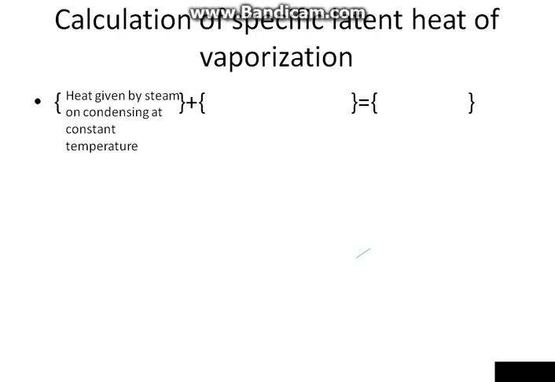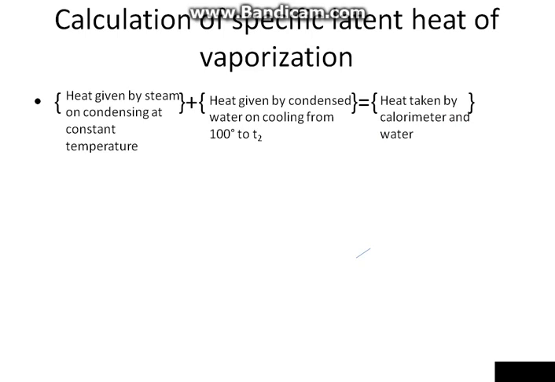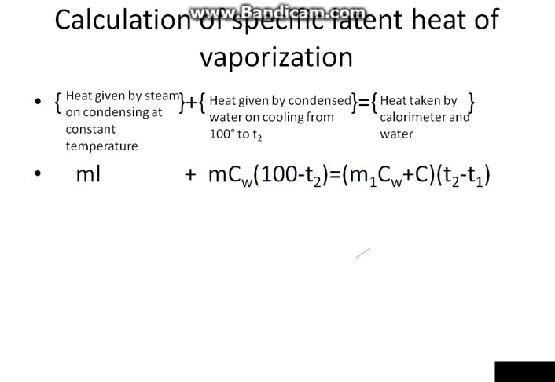Heat given by steam on condensing at constant temperature, ml, plus heat given by condensed water on cooling from 100 degrees centigrade to T2, mCW(100 minus T2), is equals to heat taken by calorimeter and water, that is (M1CW plus C)(T2 minus T1). Making the latent heat of vaporization the subject of the formula,